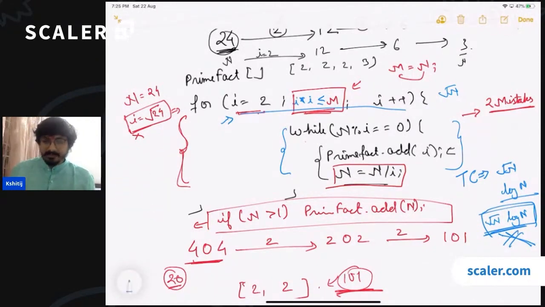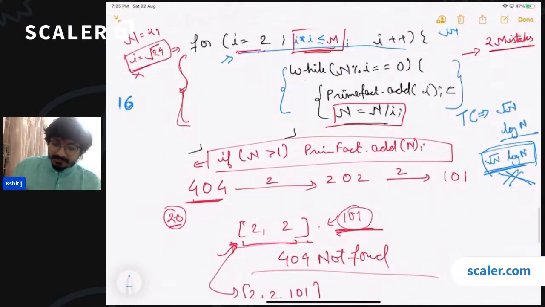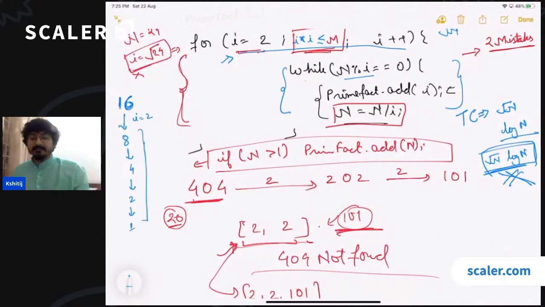So let us try to analyze what is going on here. If we have a value, let's take 16 itself. In the first iteration, when the value of i is equal to 2, we check that this is divisible and we divide it. So we get 8. Then again we divide it by 2, we get 4. Again we divide it by 2, we get 2. Again we divide it by 2, we get 1. Now after we have divided completely with 2, for the next value of i, which is equal to 3,